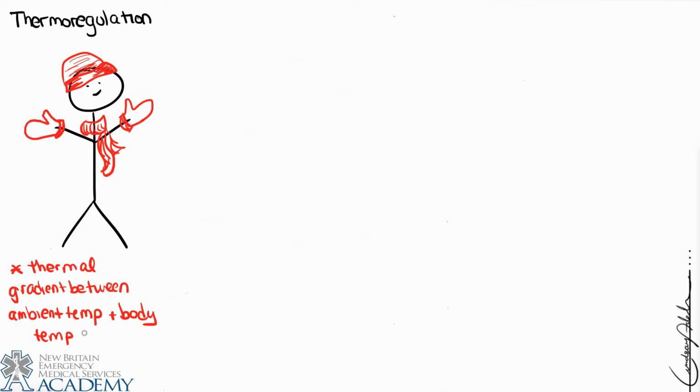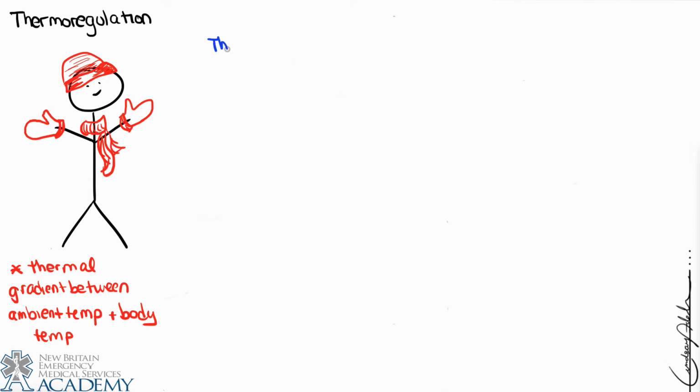So heat transfer will always be heat flow from high to low temperature. Therefore, if the body temperature is lower than the temperature outside, then the body will gain heat from the environment. And conversely, if the body temperature is higher than the temperature outside, the body will lose heat to the environment. And on a day-to-day basis, the body is managing all of the input and all of the output of heat in order to regulate the body temperature.